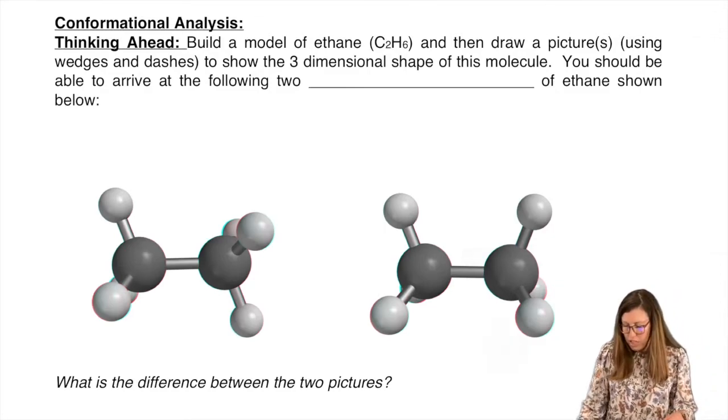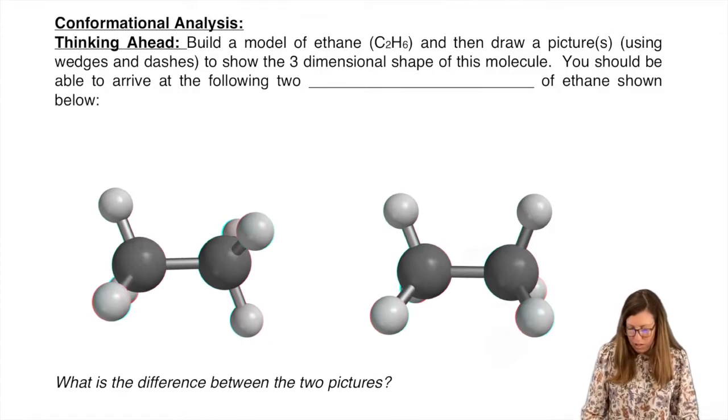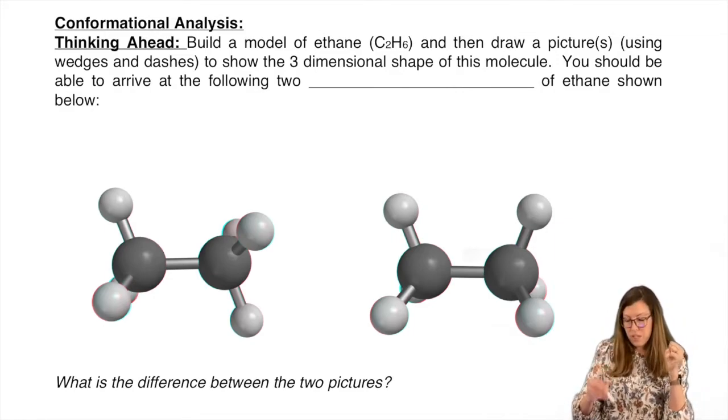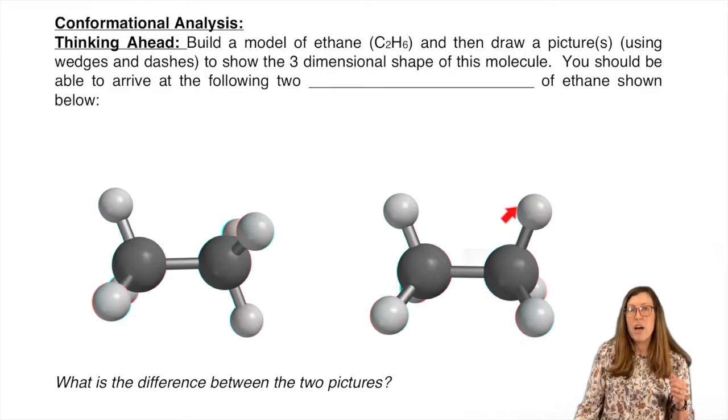Okay, so as the pictures indicated here, this is drawn using Spartan. These are the two main ones. I'm not counting where the entire molecule is rotated. I'm talking about where one piece is held fixed and the other is rotated. So for example, look at this methyl, where there's one hydrogen going up. If you rotate around this single bond, then that hydrogen going down would now go up, right? So if you do a full rotation.